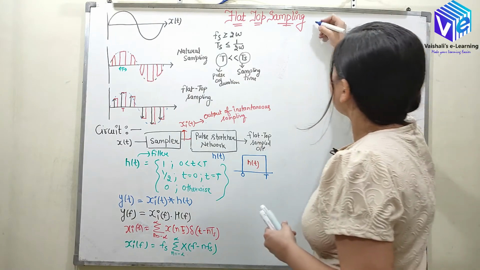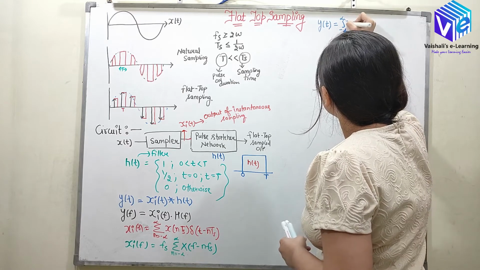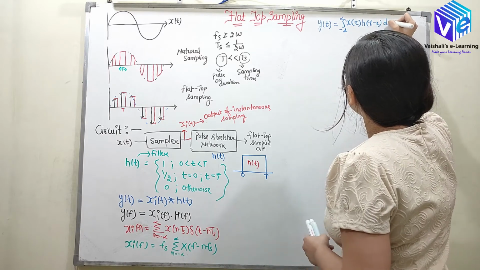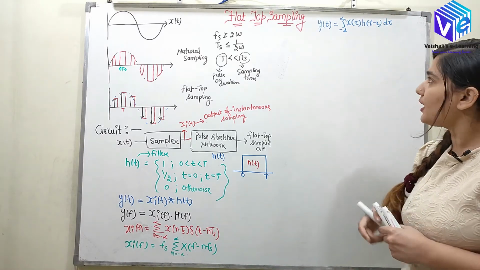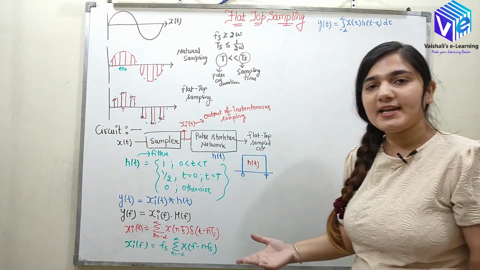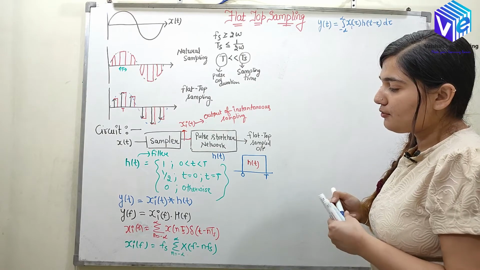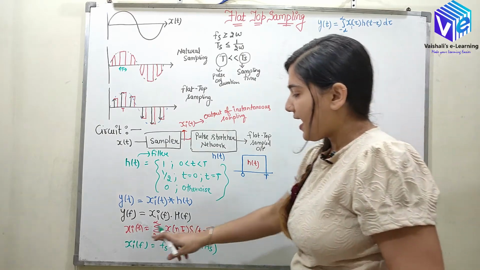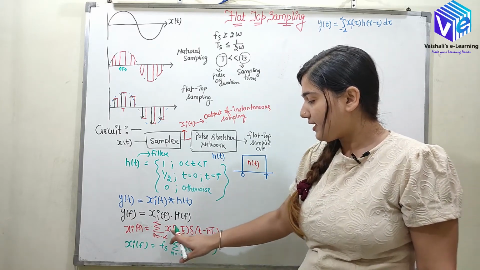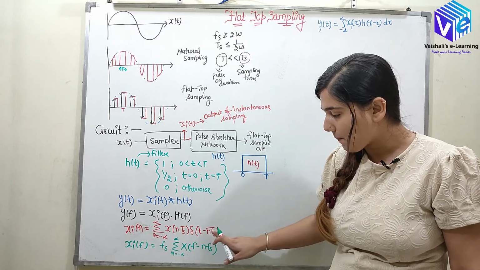So now I know the formula of convolution. So y of t would be equal to integration minus infinity to infinity x of tau h of t minus tau d tau. This is the formula of convolution. So now I'll be just putting the value of x of tau. This is x of t. Now if I replace t by tau, I'll get xi of tau. So now xi of tau I can easily find out. Xi of tau would be summation n is equal to minus infinity to infinity x of nTs del of, here instead of t I'll be putting tau minus nTs.